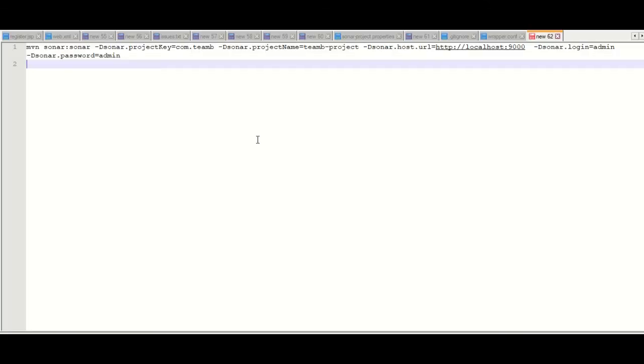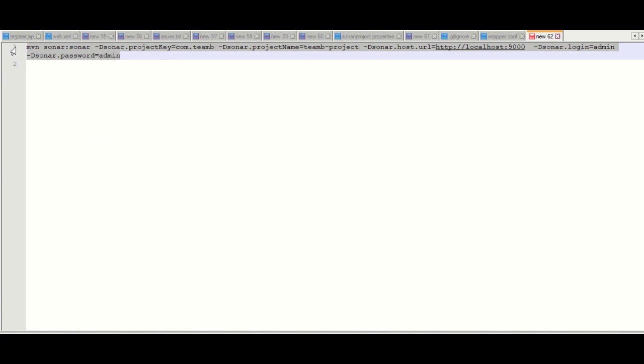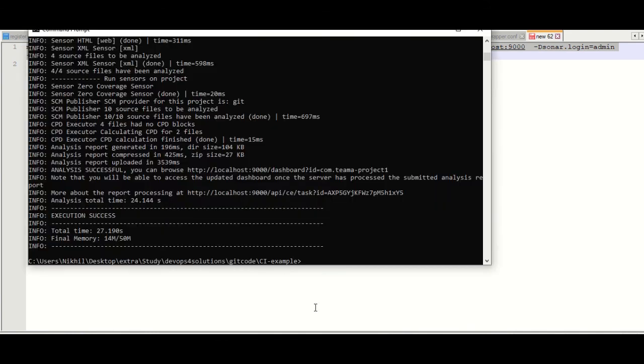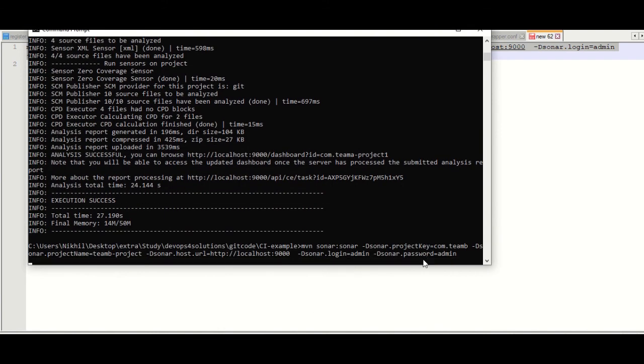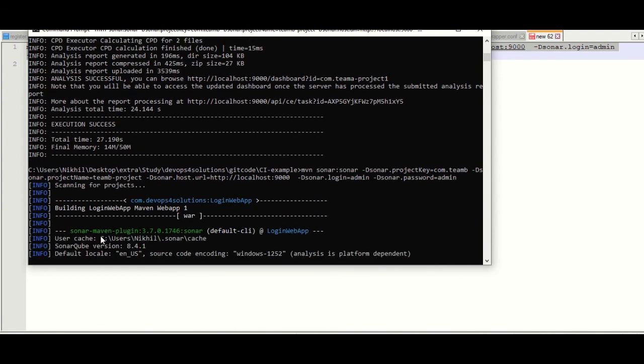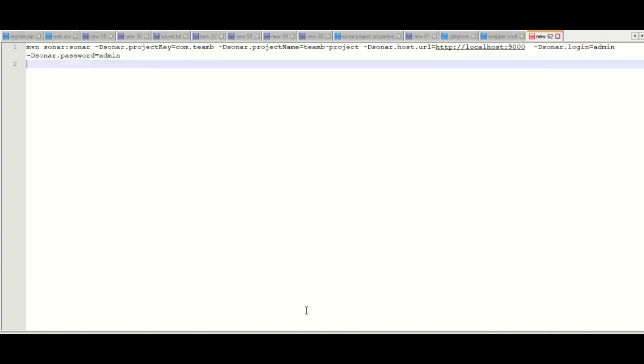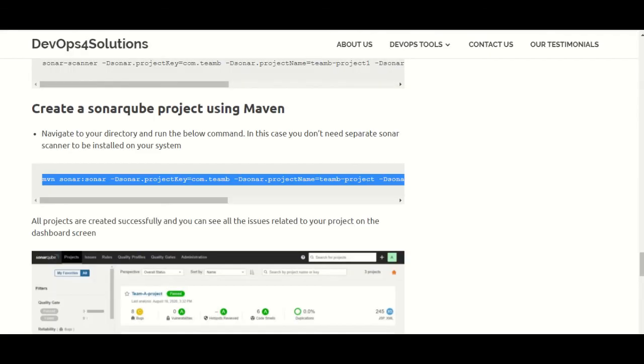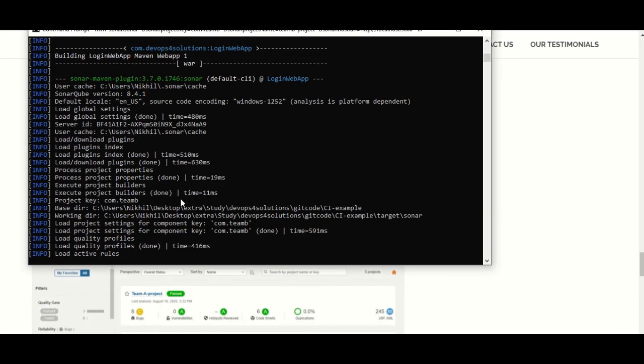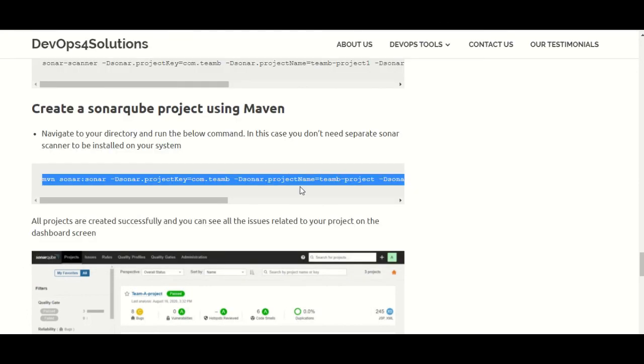This depends on your language, and obviously for other languages there are different ways. I am just taking Maven as an example. For Maven, it downloads the plugins automatically. In my pom.xml, I have not defined anything related to the Sonar scanner. It automatically takes everything, so it will work.